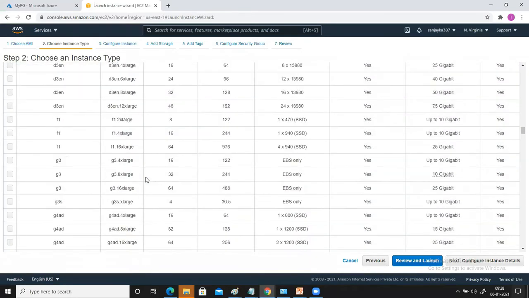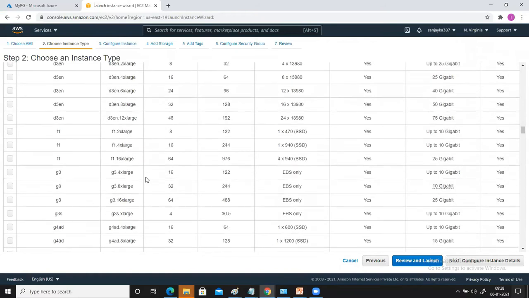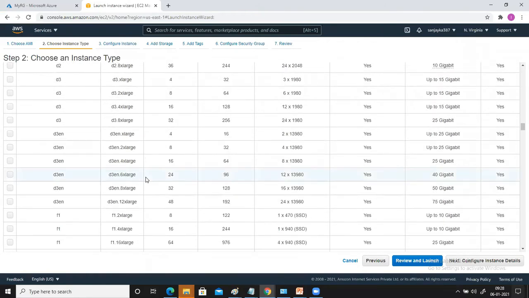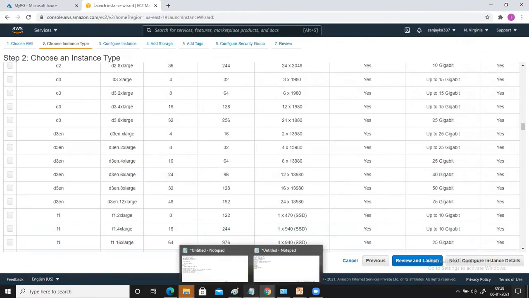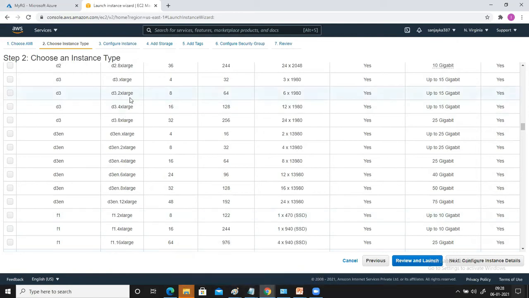You will see everything here. All these EC2 instances have been categorized into the five parts: general purpose, compute optimized, memory optimized, storage optimized, and accelerated. Fine. So all of these instance types have been divided into these five categories.